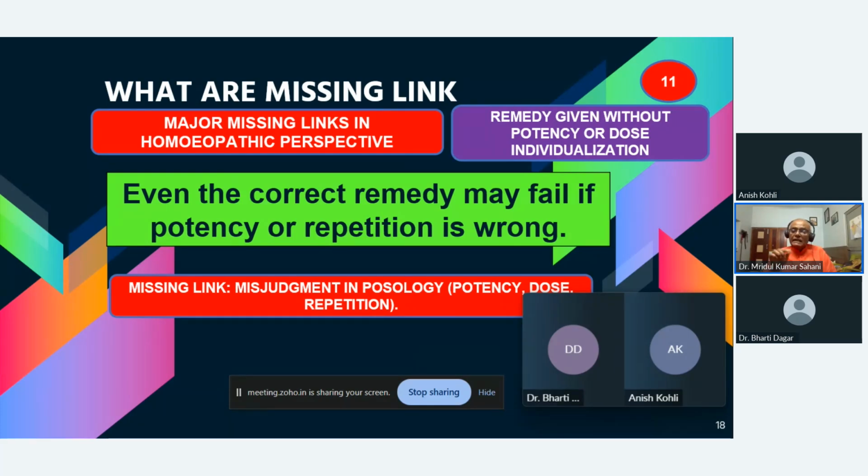A potency has to be simillimum with the patient's life. Potency has to be simillimum. That means the higher the sensitivity, the higher the potency, and the lower the sensitivity, the lower the potency. This is the general formula. Where the mental symptoms are very prominent and you have clarity of the symptoms, you must go to the higher potency. In children, because the patient is very sensitive, we have to use the higher potency. So this is the formula that is well described, and you can look into the potency selection procedure, and you must be aware of the potency selection procedure.